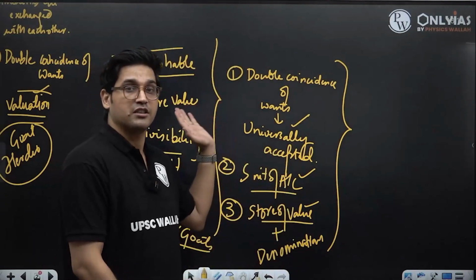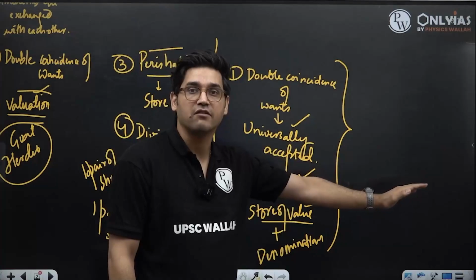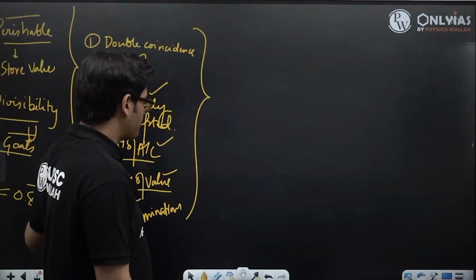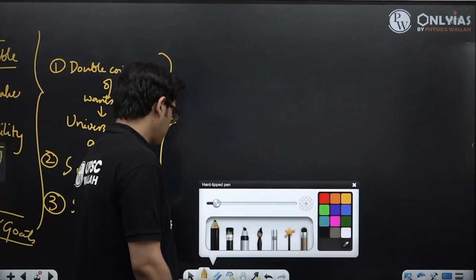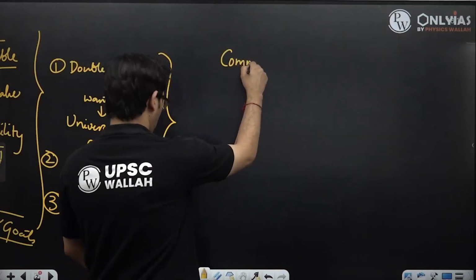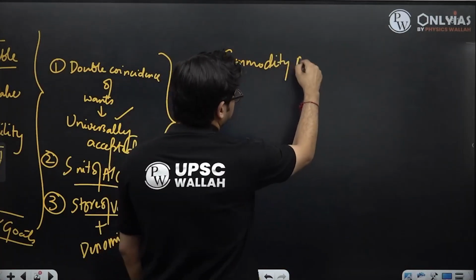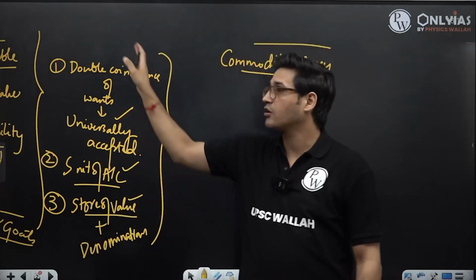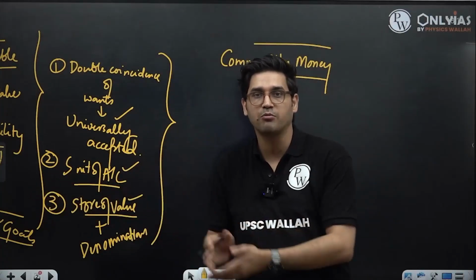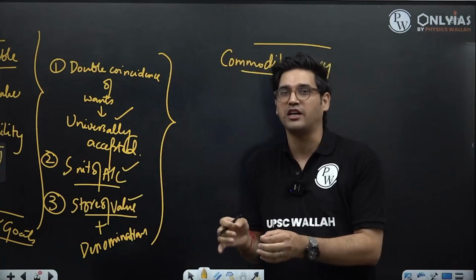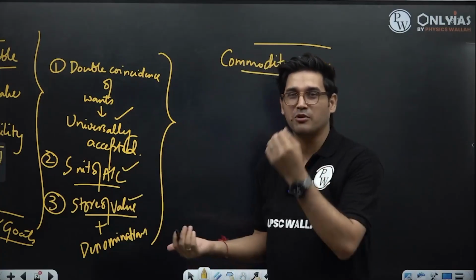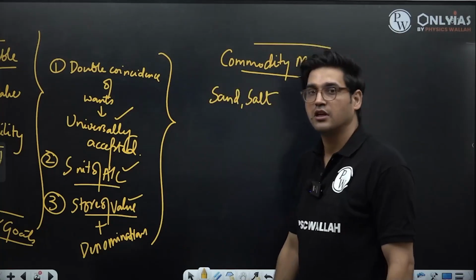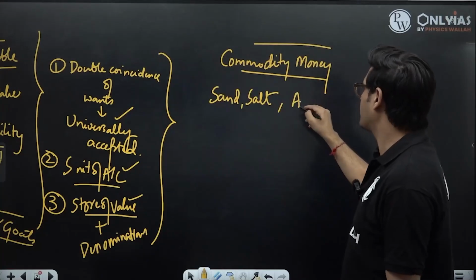How did we come about the barter system and how did we go down to money itself? So from the barter system, the next kind of economy was based on what is called commodity money. That means societies wanted to solve all of those problems. How did societies solve all of those problems? Firstly, by picking some common commodities to solve for those problems. These common commodities were sand, these were salt, sometimes these were even animals for that matter.